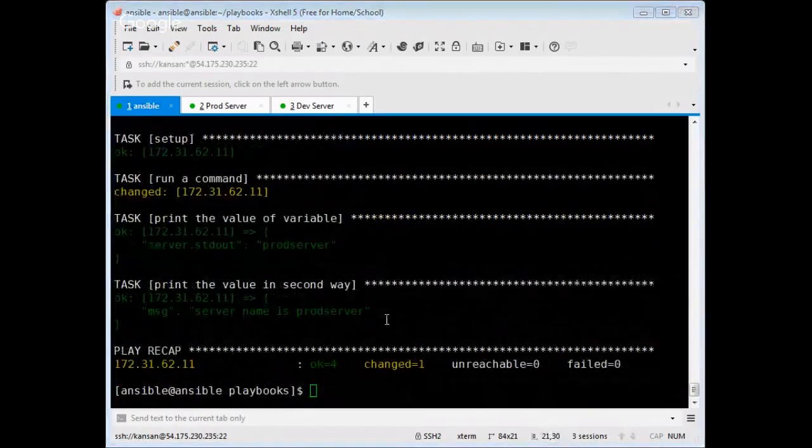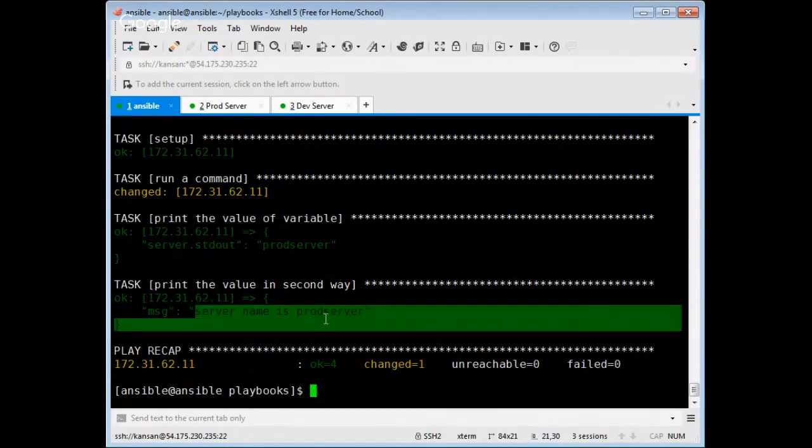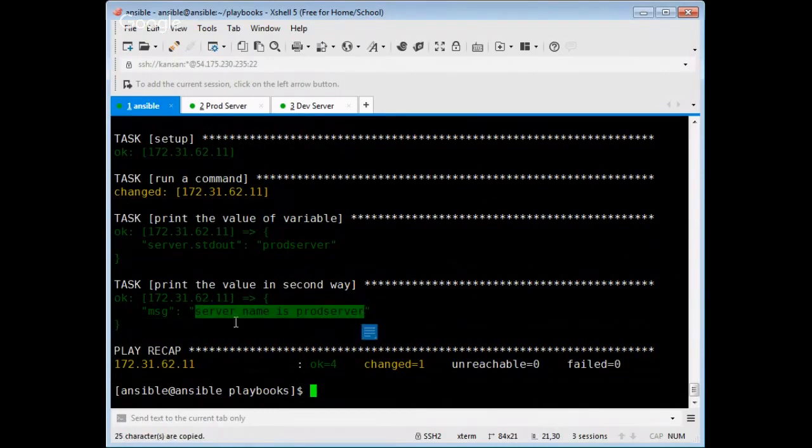Okay, so if you need just the value of a variable, then you can use var is equal to your variable name. Okay, and if you want to print some message also, then you can use the msg clause. Okay, so these are the two ways. Next is